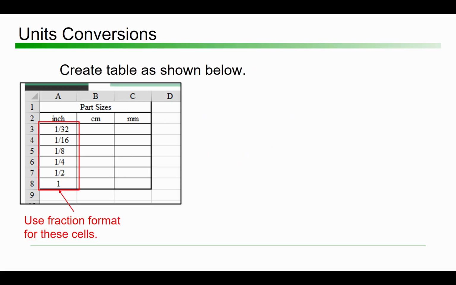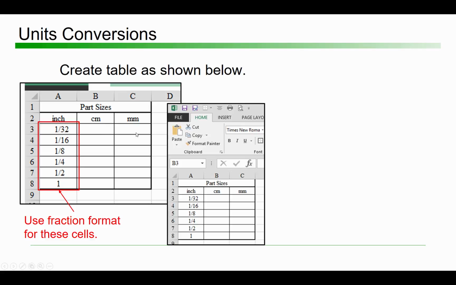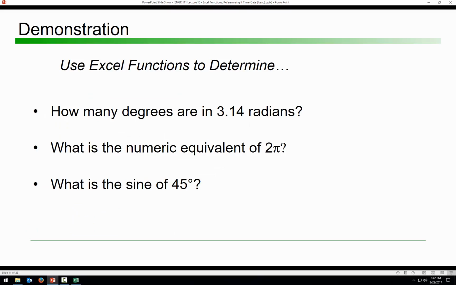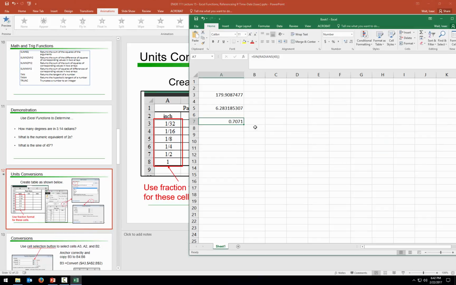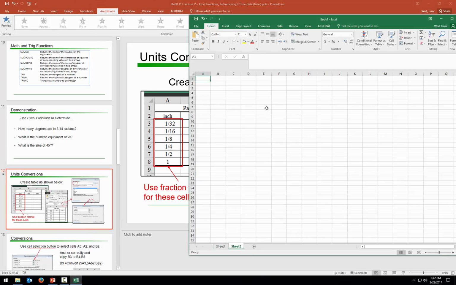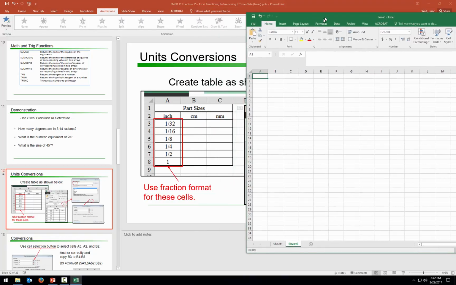Another pretty handy thing that Excel is able to do is conversions for units. And so let's say that we wanted to convert fractions of inches into both centimeters and millimeters. Well, what we're going to do is actually create a spreadsheet that has this same information. And so let me do that. Opening up Excel here, I'll create a new worksheet. And I'm going to have this part sizes,